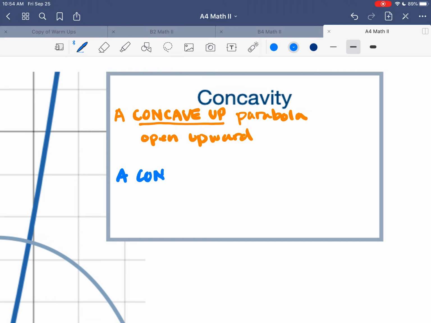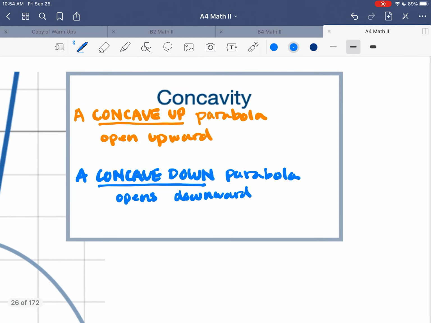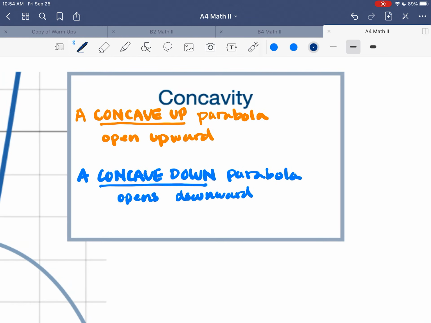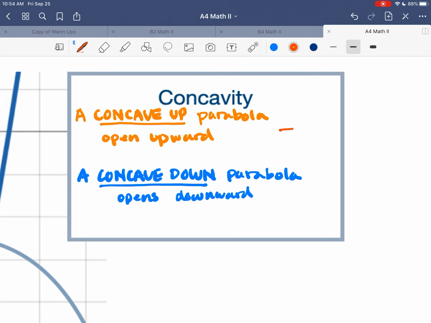A concave down parabola opens downward. So concave up, it opens up. Concave down, it opens down. It's just instead of using terms like upside down, we can use concave up and concave down. Something that helps me remember this is if you draw a concave up parabola, and then you can